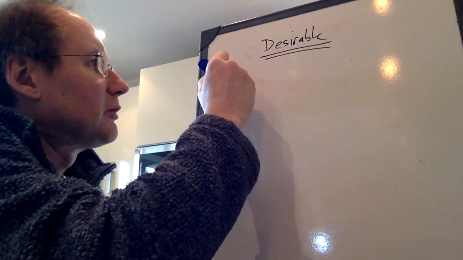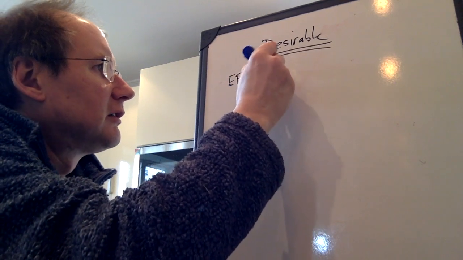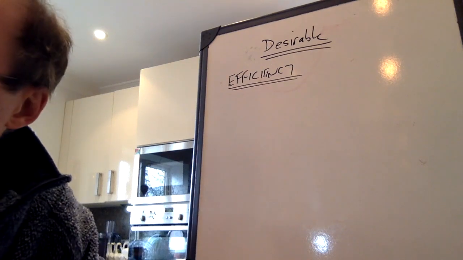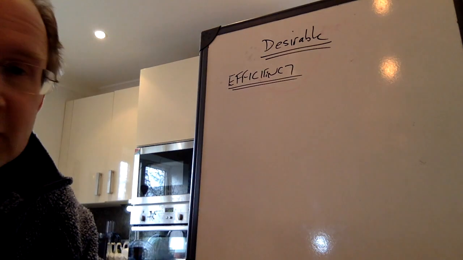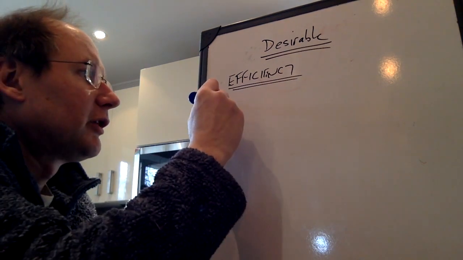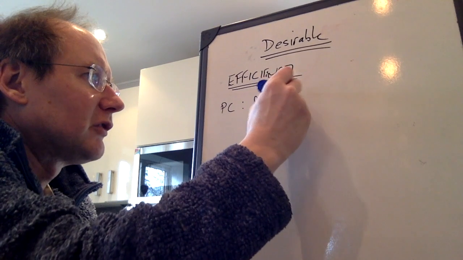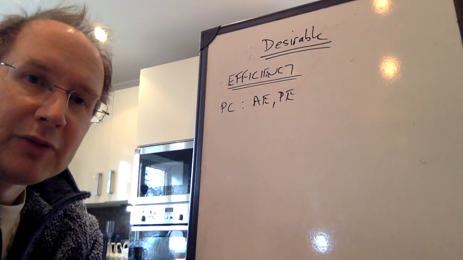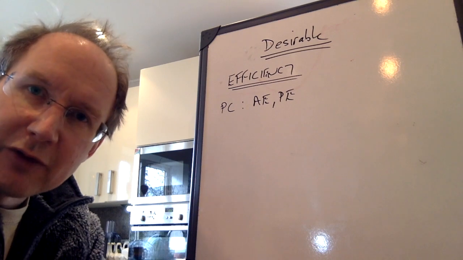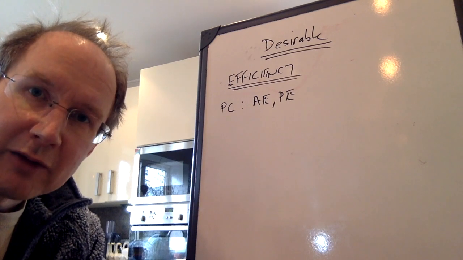But definitely what we should be doing is looking at efficiency, and comparing perfect competition with monopolistic competition. We know that perfect competition is both allocatively efficient and productively efficient, because firms are forced to respond to the needs of consumers, and the level of competition is so high that they have to keep prices down at their lowest level.